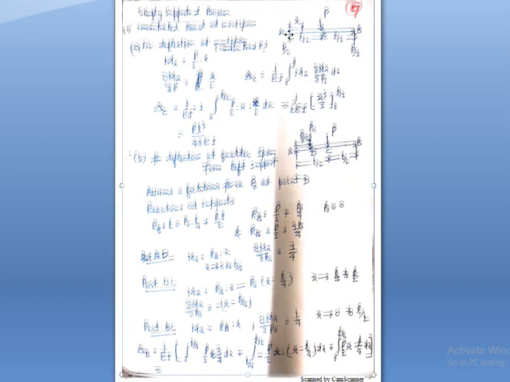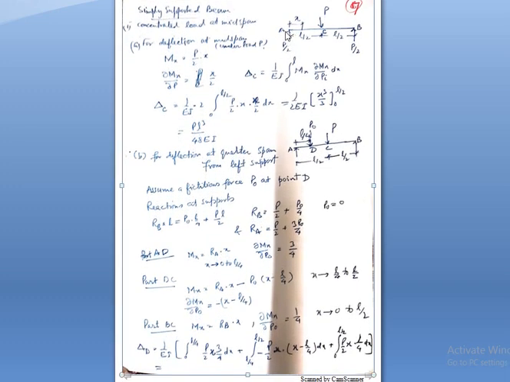What is M_x? We have to integrate over the whole length L, and if you draw the bending moment diagram, it will not be a single curve but a double curve, rising from here to the maximum value, and then falling like this. Therefore, we cannot integrate from 0 to L, but we have to integrate from 0 to L by 2 and take twice of this. So this has been solved here.